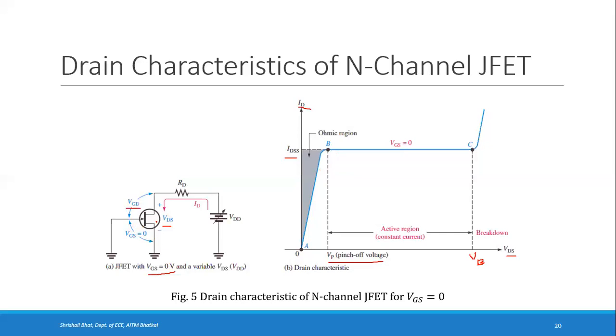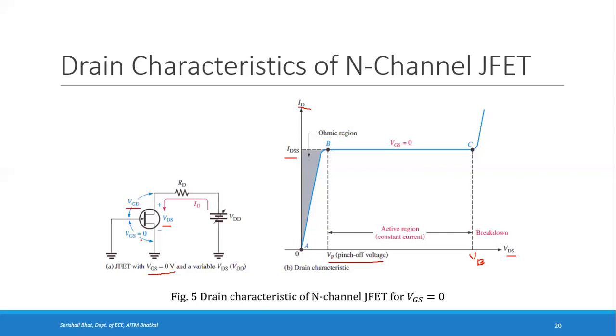The drain current is controlled by the gate to source voltage. As you increase the gate to source voltage, the drain current will be decreasing. So as you increase this, we get ID constant at a lower value. VP is also less, so the value of IDS will also be less as VGS increases in the negative. That means VGS, in case of an N channel JFET, we are giving negative voltages. You can give -1 volt, -2 volt, -3 volt, and so on.